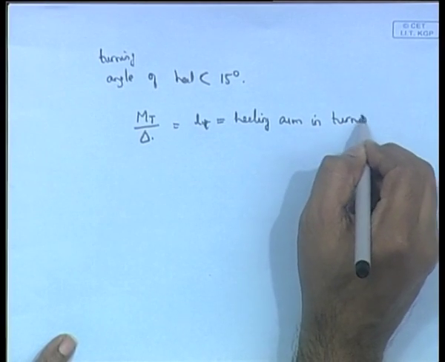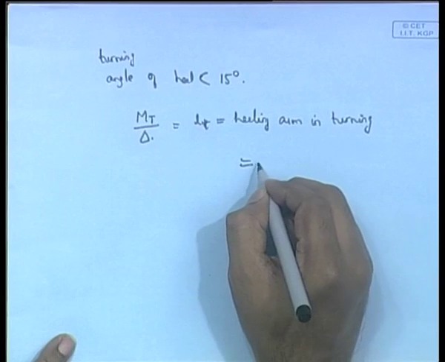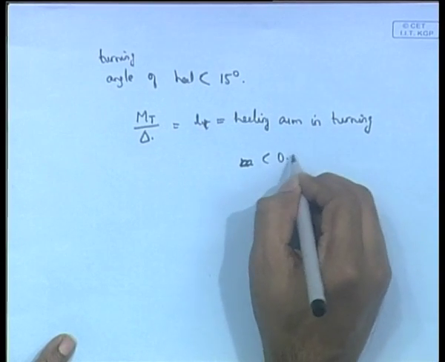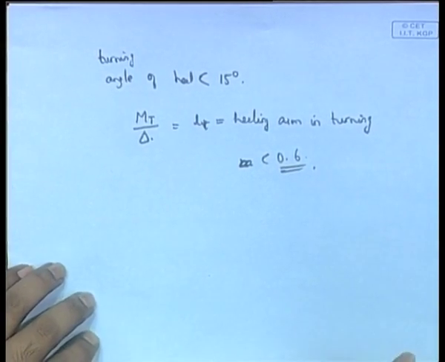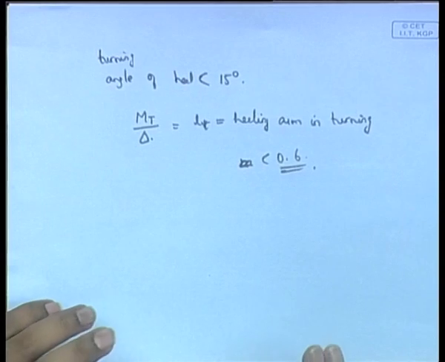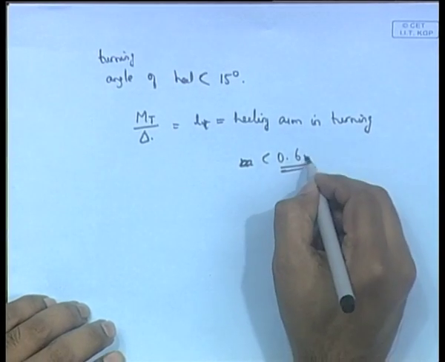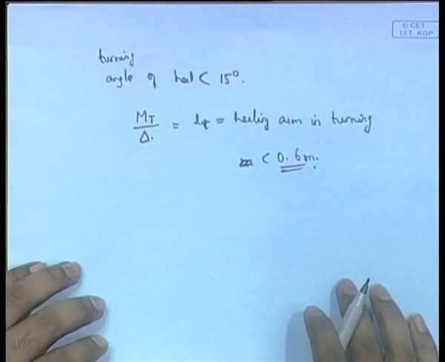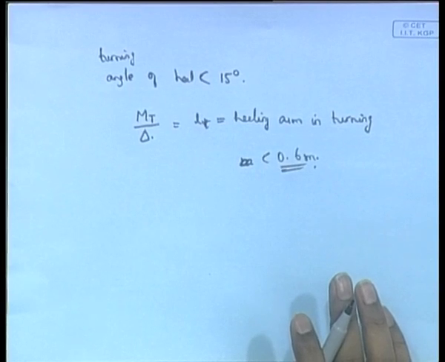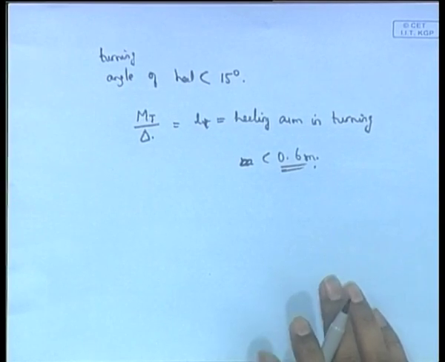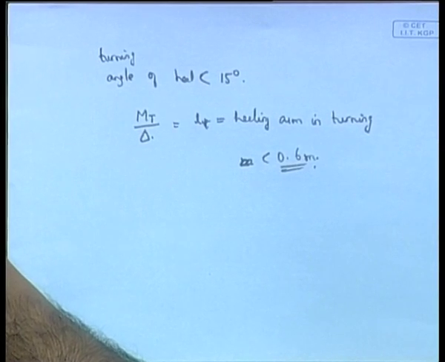So, the heeling arm in turning should be less than 0.6 meters. So, these are two important rules associated with the moment with the turning. Then